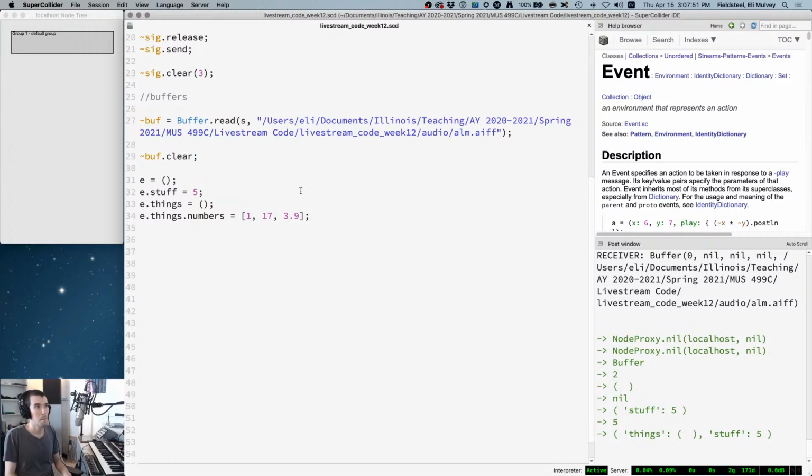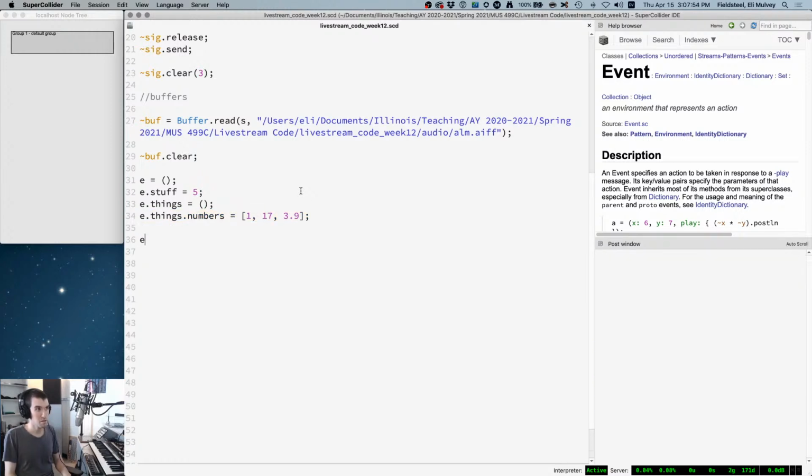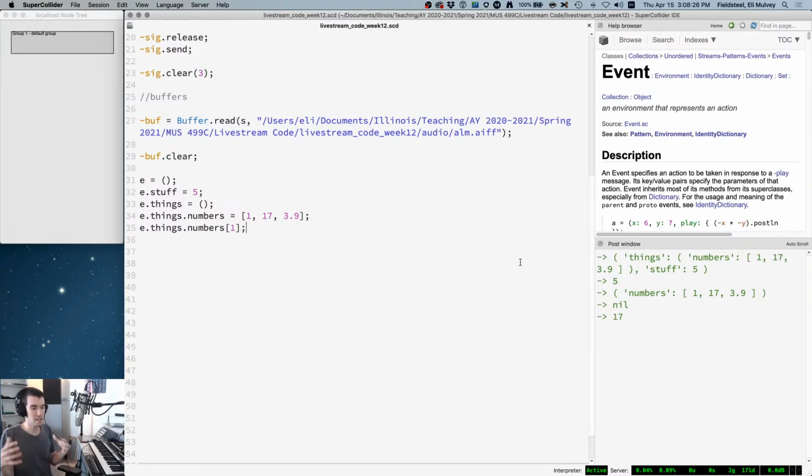And so now if we just query E, it's an event which has something called things, which is an event containing numbers, which is an array. It's also got something called stuff, which is just the number 5. So E dot stuff, E dot things at 1 would give us 7. E dot things dot numbers. And basically, it's just a collection